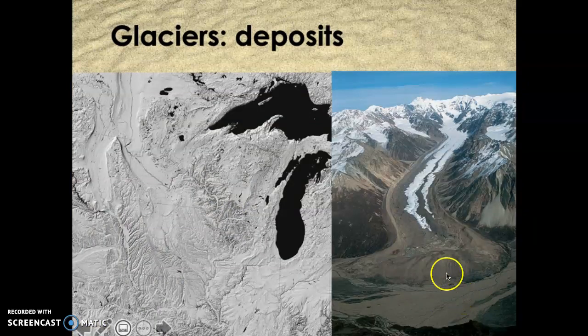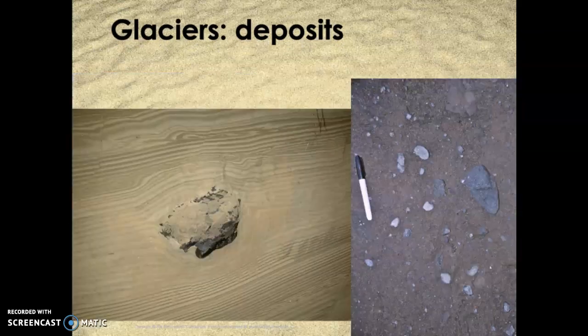If we go back to this picture here, you can imagine if the area behind this end moraine were filled with water, that's what we call a proglacial lake, and an iceberg floated out there. As that iceberg melted, any large stones in that ice would be dropped out onto the bottom. And so that's what happened with this stone. So that's how we know that this was a lake in front of